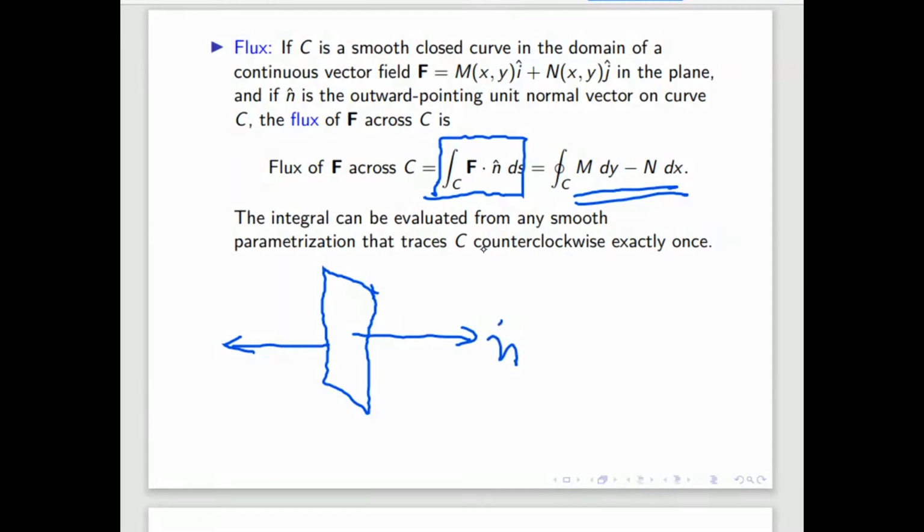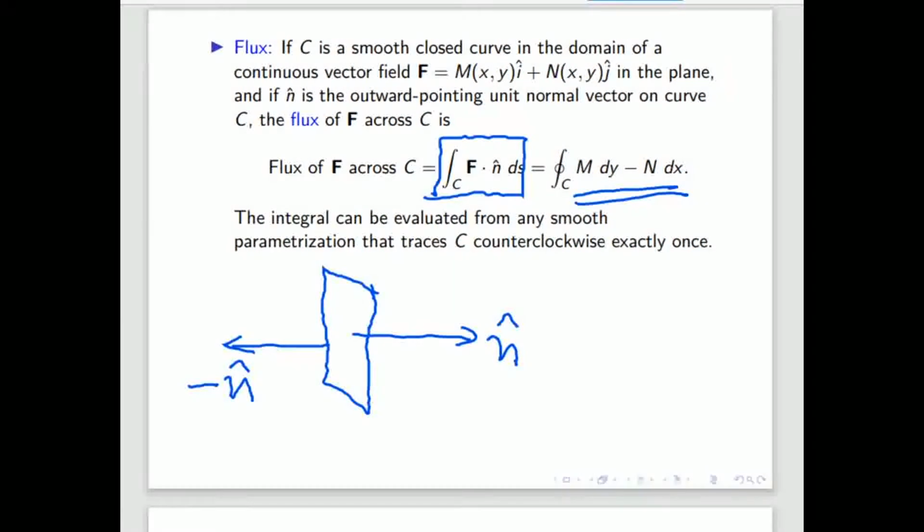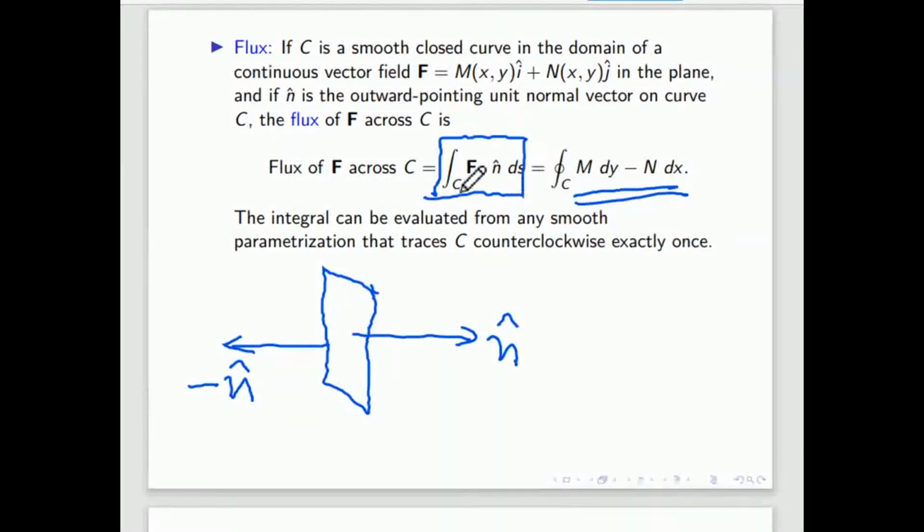So this side is n cap and this is minus n cap, the reverse direction. Here it is written n is the outward unit normal. We know how to find the normal of a curve. We have seen if it is one parametric representation, what is the normal formula? If it is two parametric representation, what is the normal formula? If it is a scalar field, then what is the normal formula? With the help of that, we can find this normal, and we can directly do this.